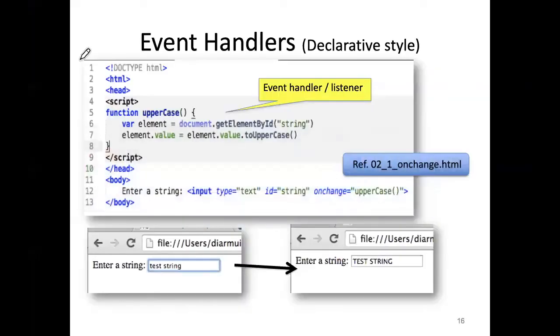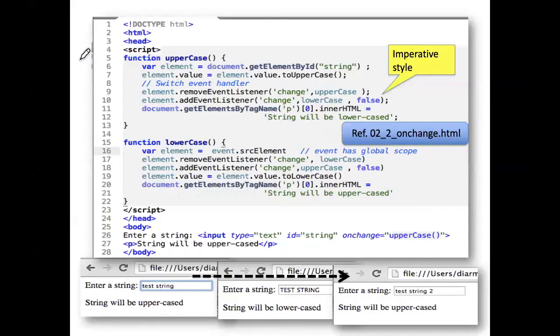So that's just demonstrating the declarative approach towards associating an event handler with a DOM node for a particular event. This is demonstrating the imperative approach. It's awful code, to be quite honest with you, but